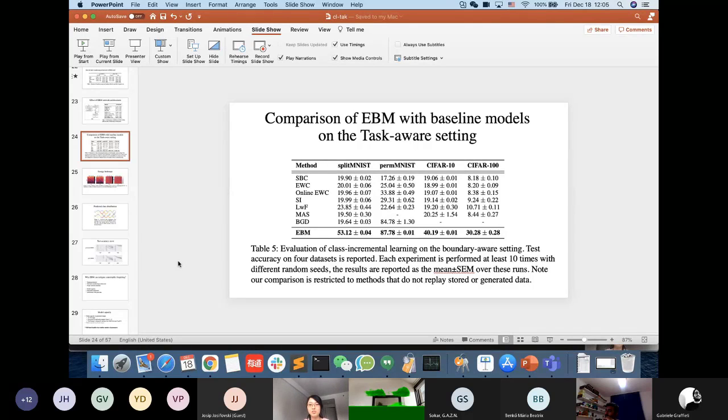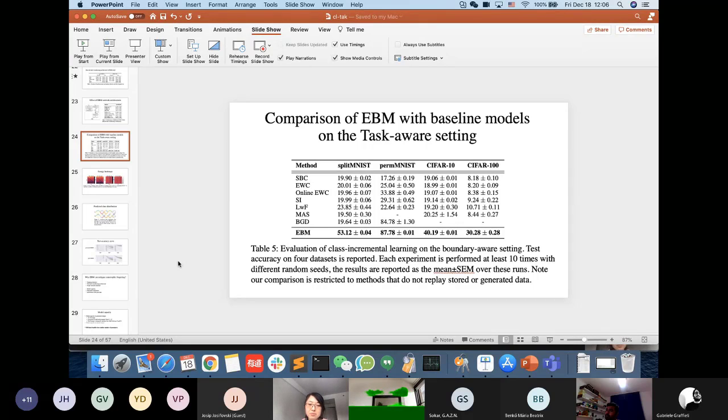Sure. You're talking about the computation time, right? Yeah, like memory and computational overheads and how they scale with respect to the number of tasks that you process, as well as the complexity of the task itself, like, for example, the dimensionality of the data. I see. I think that's a great question, and I should have mentioned this in this talk.